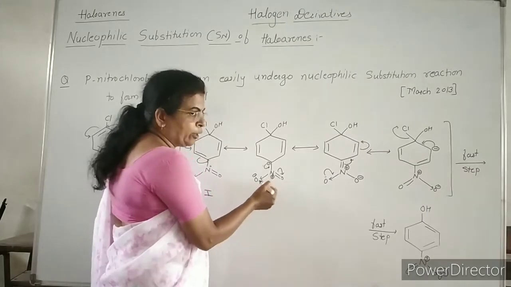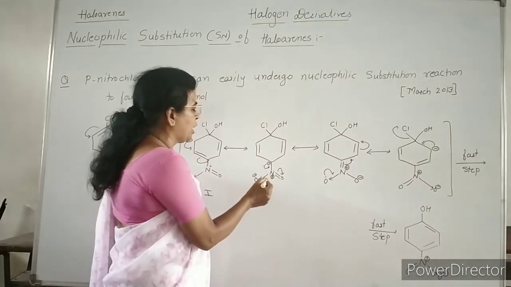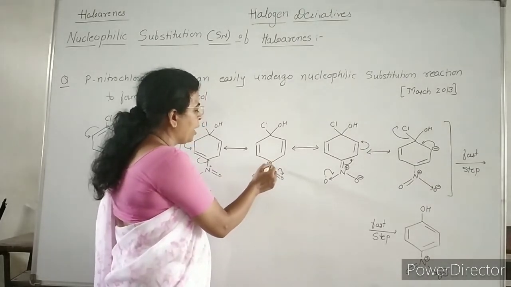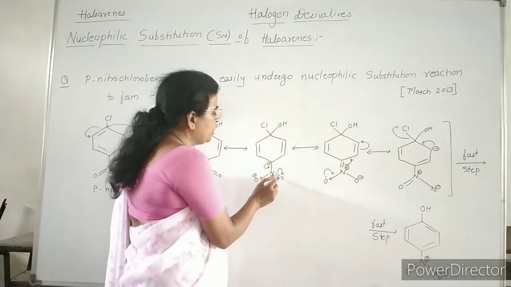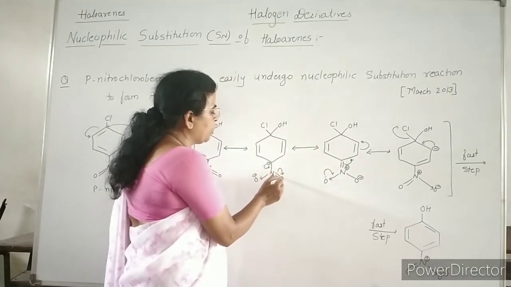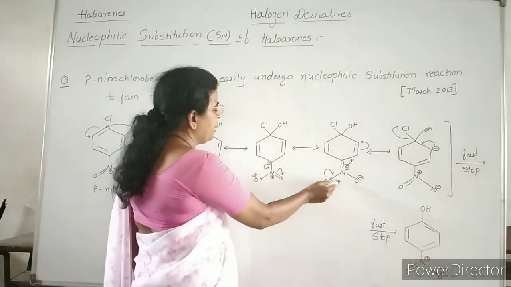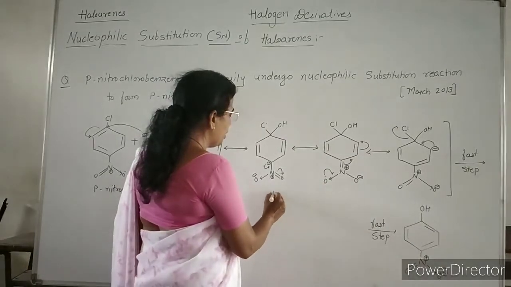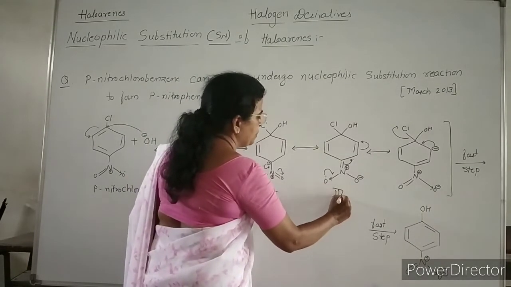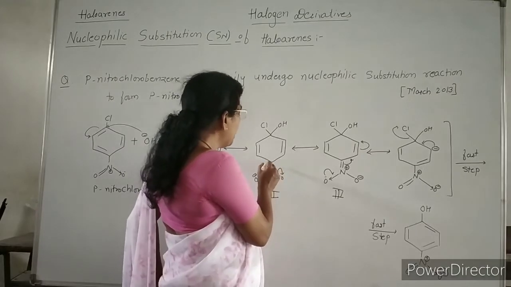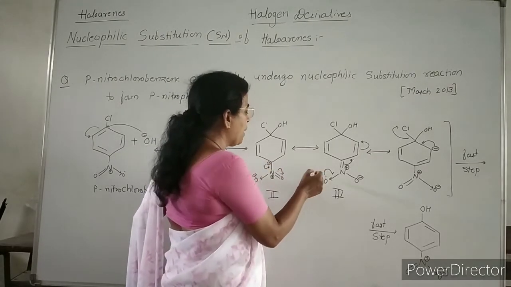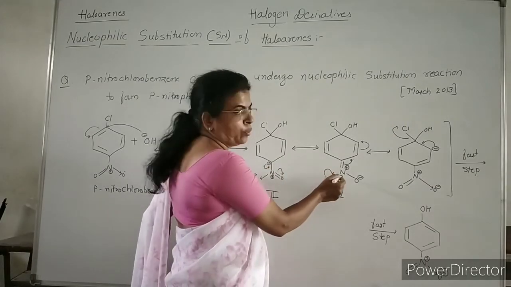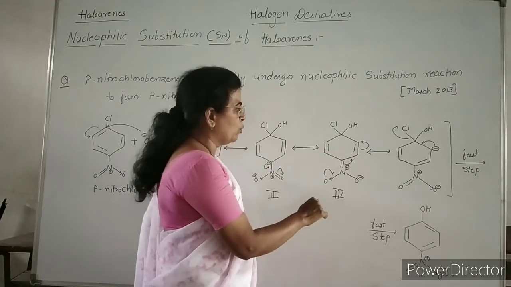Now nitrogen is an electron withdrawing group having positive charge. Therefore these electrons can be accommodated between this carbon and nitrogen atom. And then in this double bonded NO group, the pi electrons get shifted onto this oxygen atom. And we get this third resonating structure, in which the negative charge obtained at the para carbon atom is stabilized by this electron withdrawing nitro group.